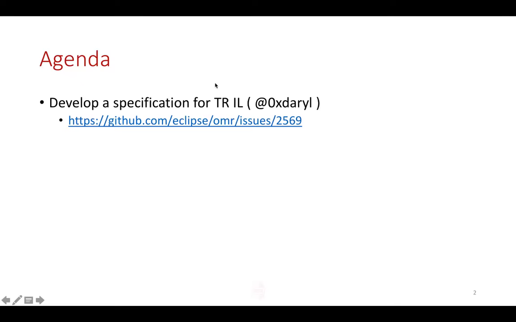Okay, so in the issue here, I just very quickly categorized a variety of different opcodes into various categories. That's by no means a complete list, and probably a lot of stuff still falls into the miscellaneous category. But when it comes time to documenting, I think it would be interesting to line opcodes up under those kinds of categories. Philip already brought up the notion of properties. For the various properties on each of the IL opcodes, we need to come up with a clear definition of what it actually means.